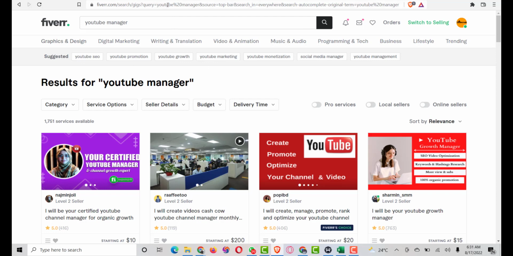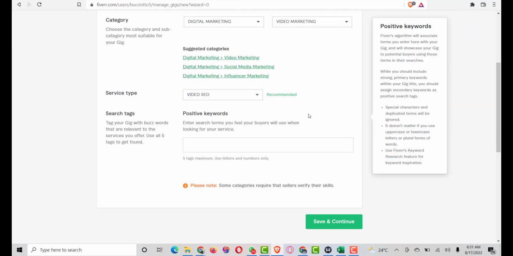But aside from that, you can also put yourself in the buyer's shoes. Like, if you actually need this kind of service, what will you search for on Fiverr, or what would you search for online? So what you search for is what you input in this section. So you have to input 5 keywords. So let's say, for example, I want to input YouTube Manager,